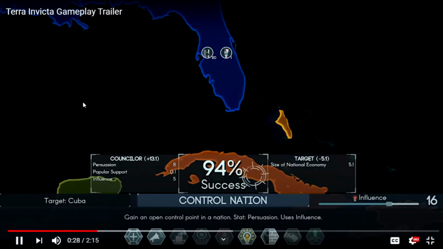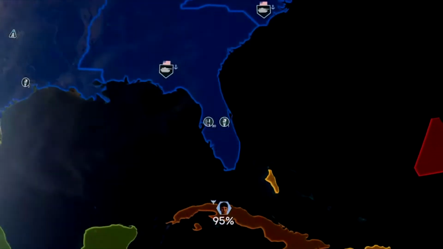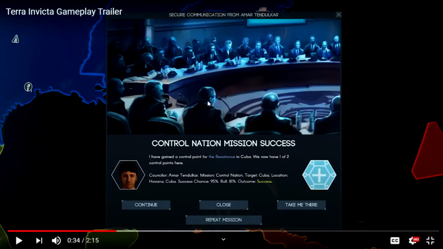Looming alien threat. Councillors must contend with shifting political conditions to secure alliances and employ both warfare and subterfuge to...